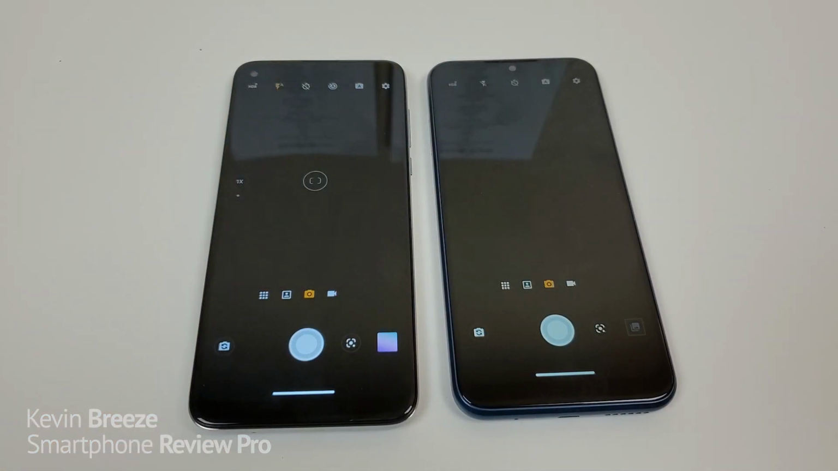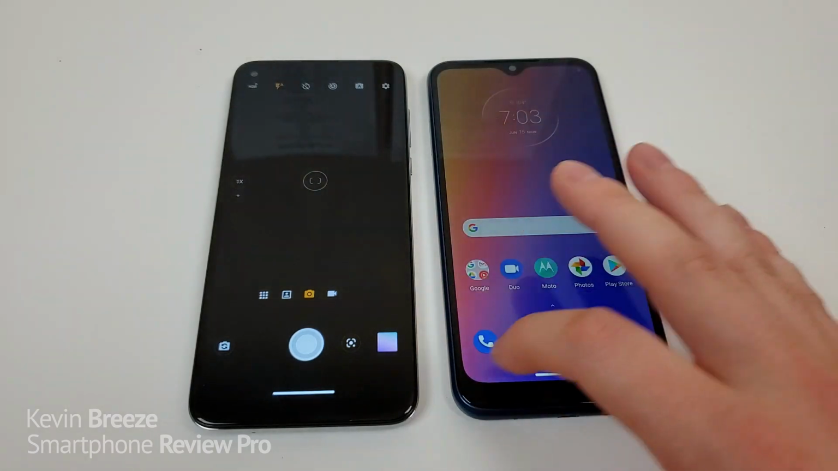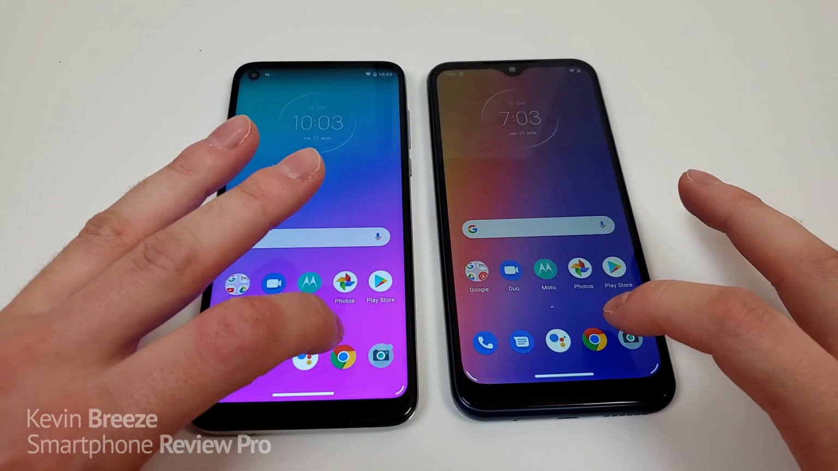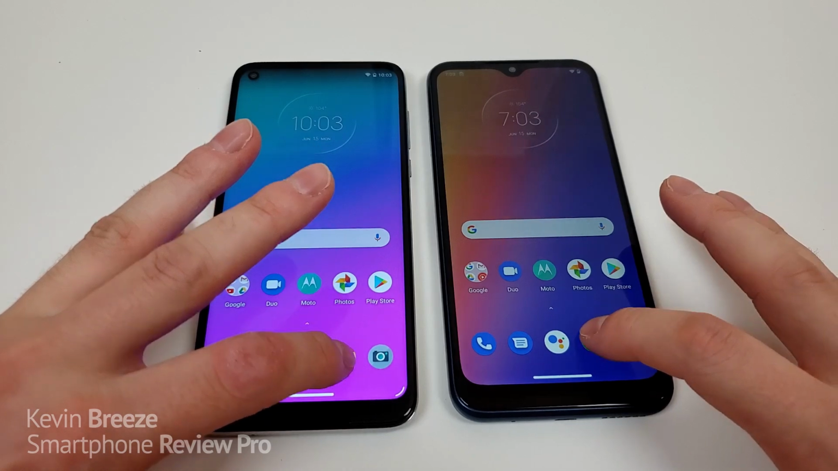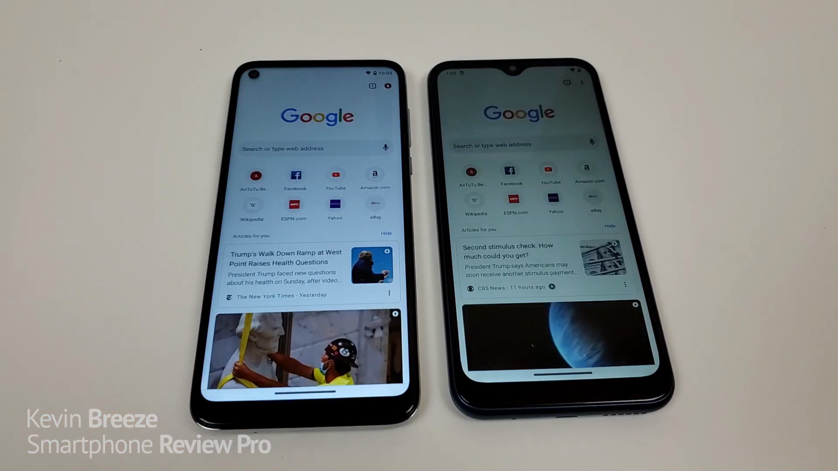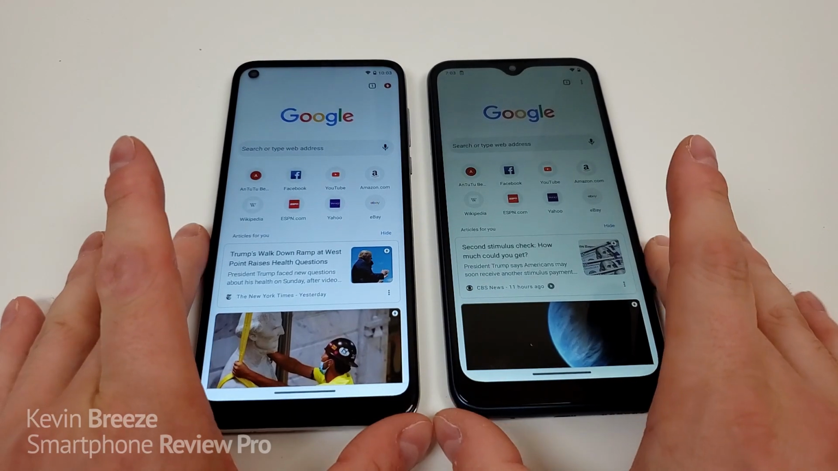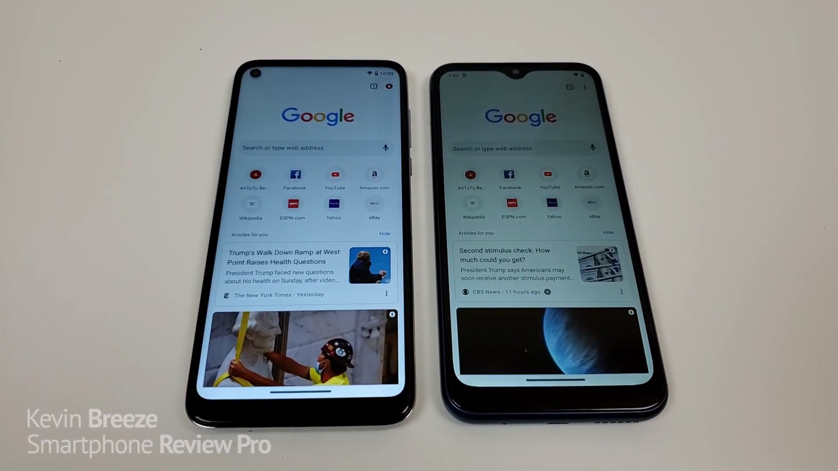And it looks like it's about a tie with both phones. We're now going to pull up Google Chrome. 1, 2, 3, go. And it looks like the Moto G Fast is a little bit quicker, but not a whole lot quicker. Another thing I wanted to mention in this side-by-side here, you can see that with the Moto